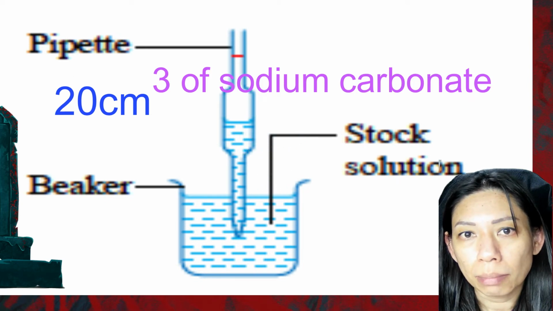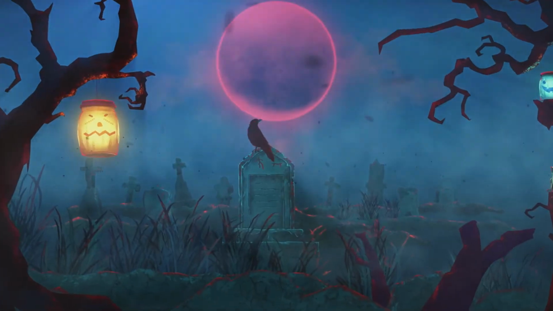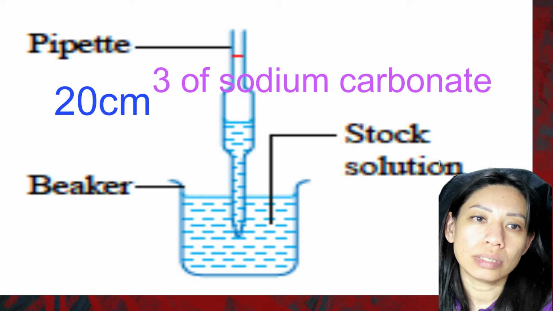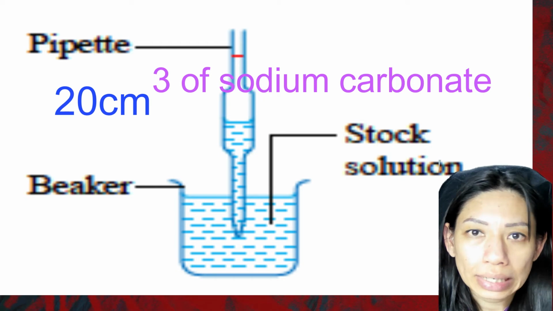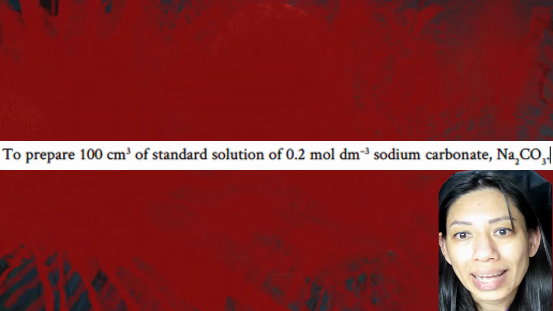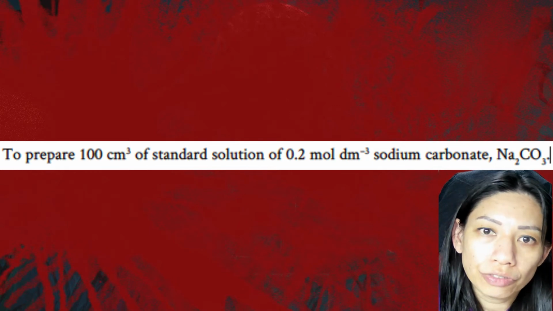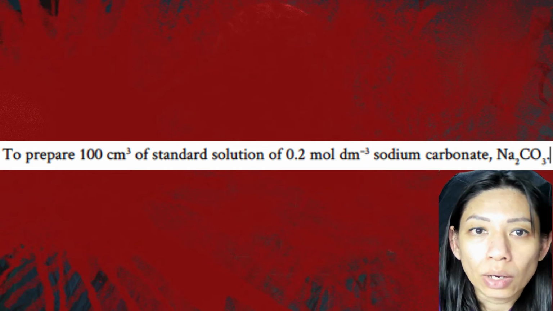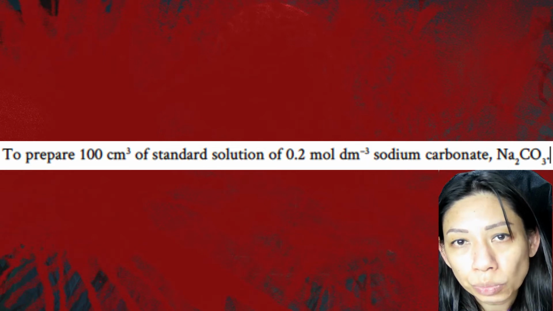In this method, our M1 is the initial concentration that we already have. So we already have 1.0 mole per cubic decimeter. So 1.0 mole per cubic decimeter is our M1. Our V1 is what we need to calculate, equals your M2. M2 is the concentration of the sodium carbonate you want to get. So in this case you want to dilute 1 mole per cubic decimeter of sodium carbonate to become 0.2 mole per cubic decimeter